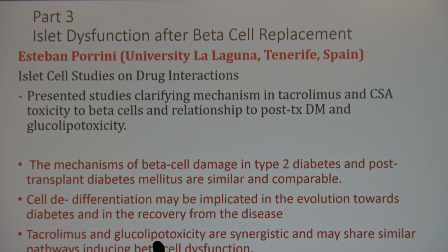Then we had a very nice lecture about the islet cell studies on drug interactions, and this was presented by Esteban Porrini from Tenerife in University La Laguna. And he really took us on a tour of all what is known about tacrolimus toxicity and clarifying mechanisms of this toxicity and relationship with post-transplant diabetes mellitus. That, you know, it's a very common and vexing issue in transplantation. And he explained the relationship with the metabolic syndrome,